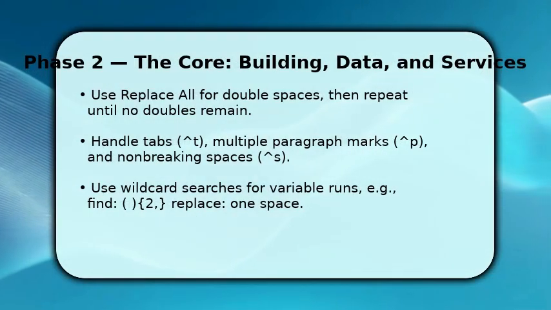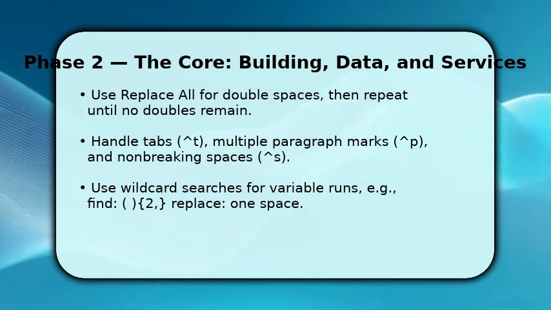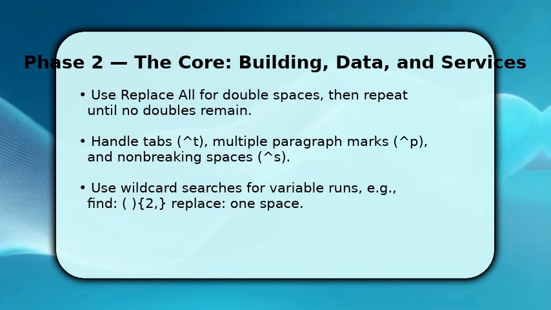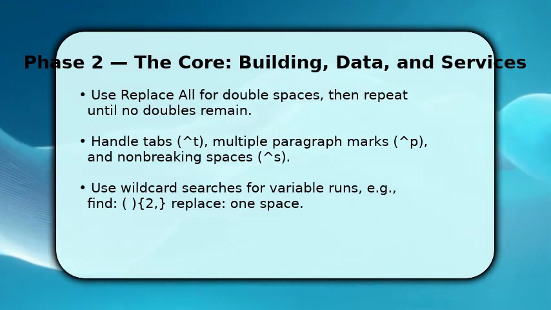Now move into deeper cleanup with purpose. Use Replace All for double spaces repeatedly until Find returns 0 results. This collapses chain spaces quickly. Next, replace tabs, ^t, and non-breaking spaces, ^s, with regular spaces, then normalize paragraph breaks by replacing multiple ^p with